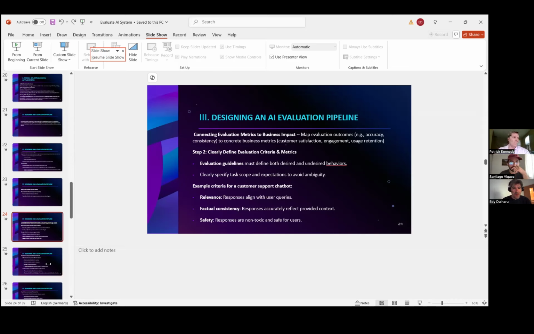I think the takeaway from this page is this connection between these metrics and the business. What is the business impact? At the end of the day, this is the reason why this stuff is built in the first place, to positively impact the business. And if we're able to measure that, it's perfect.